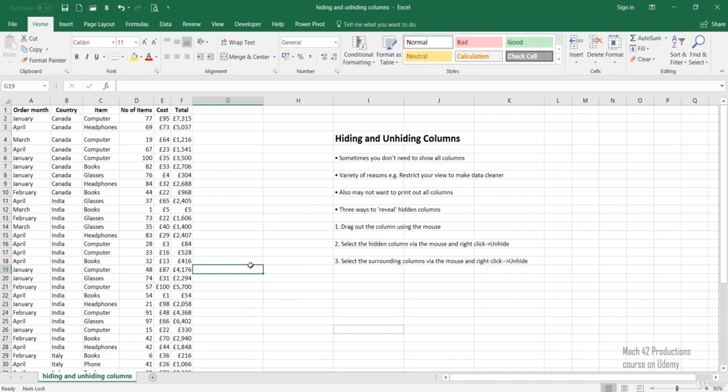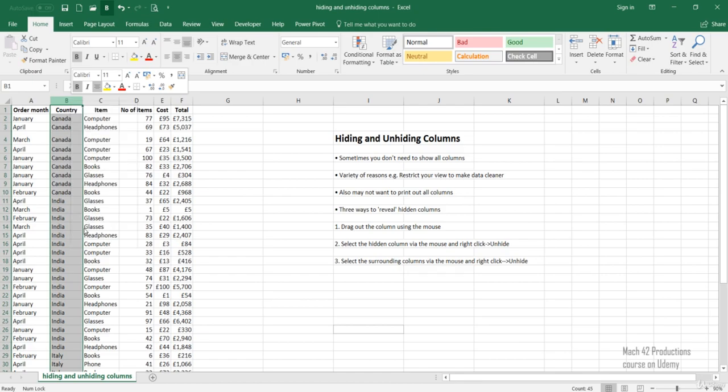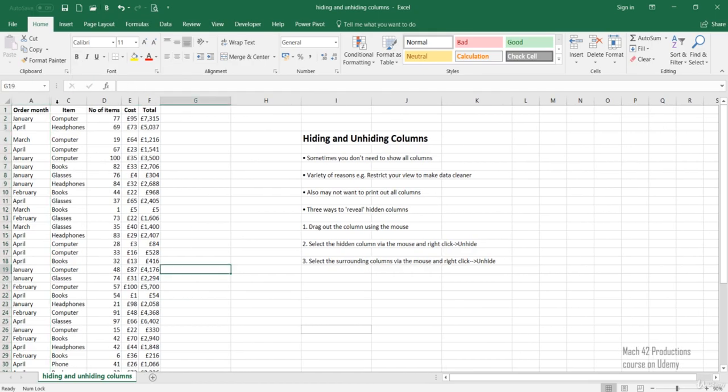Now the third method of revealing the hidden column basically improves upon method 2. Now where I mentioned the fact that it's sometimes a bit tricky to move your mouse to get exactly one of those parallel lines of our hidden column, another method you can use is basically to select the surrounding columns of that hidden column via the mouse and then right click and unhide. So just to give you an example, if I hide this column again, now if I select the two surrounding columns, column A and column C,